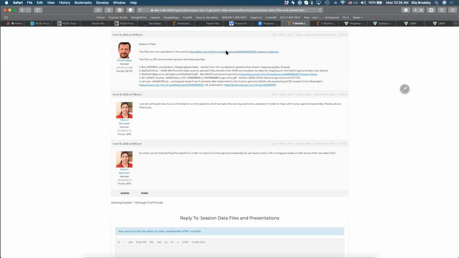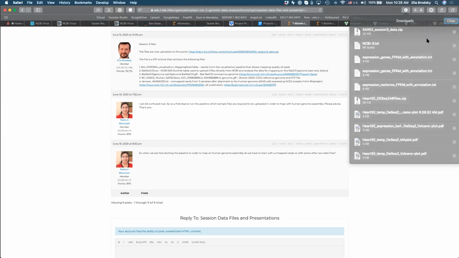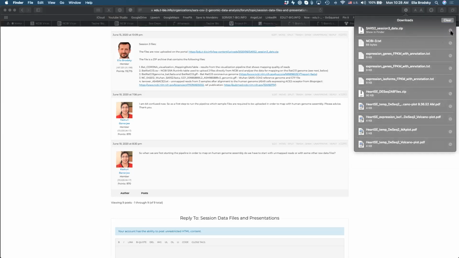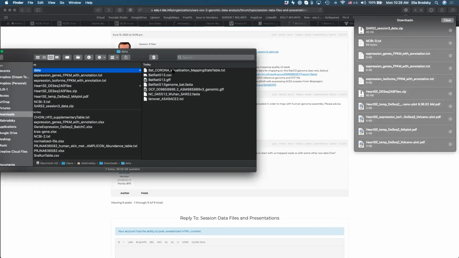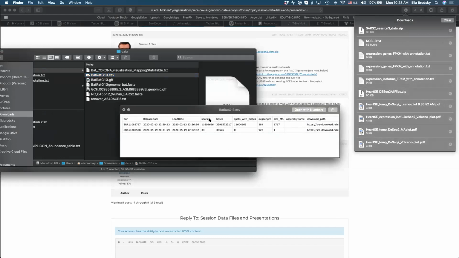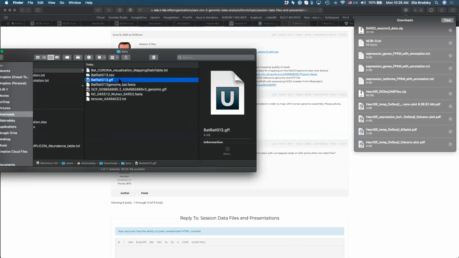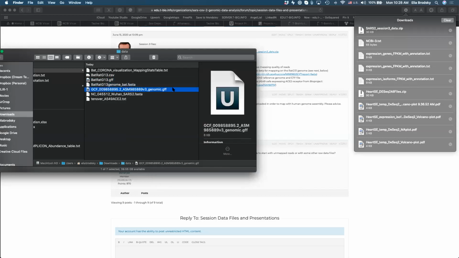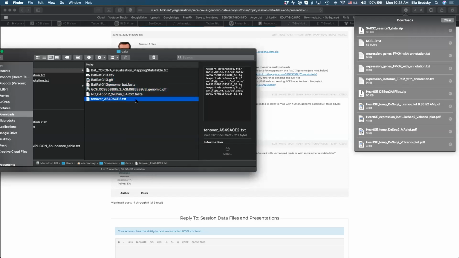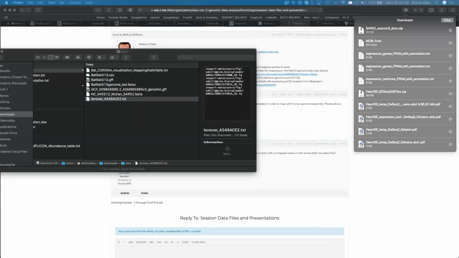So if you click on here, okay, you can see you get this zip file. You unzip this file and you have a number of different files inside. You have bat-rad-g CSV, right? bat-rad-g GFF, bat-rad-g genome bat-FASTA, right? Then you have this GFF, this FASTA file, and also you have this TXT. So this TXT that I